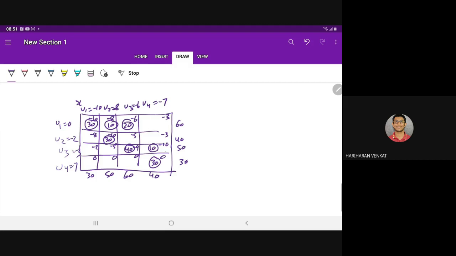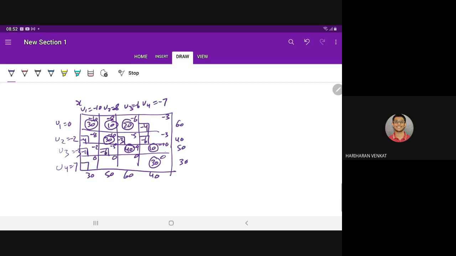So for the non-basic variable zj minus cj will come 0 minus 7 minus 3, that is the minus 4. And here we have the minus 2, minus 10, minus 12, that is the minus 4. Here we have the u3 minus 2, minus 6, minus 8, so minus 3. Here we have the minus 2, minus 7, minus 9, so minus 6. And here we have the minus 3, minus 13, so it is the minus 11. And here we have the minus 3, minus 8, so minus 11, minus 6, minus 6.